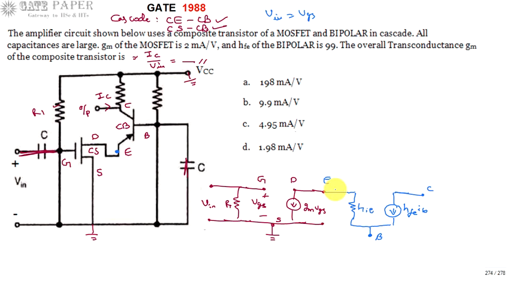BJT. So the current flowing through the emitter is IE, the current flowing through the base is IB, and the base is connected to ground. So you can think of it in this way, it has been connected towards ground. And from the collector a resistor is connected. This is, for example, RC. So there is a resistor connected from the collector towards ground, that is RC.